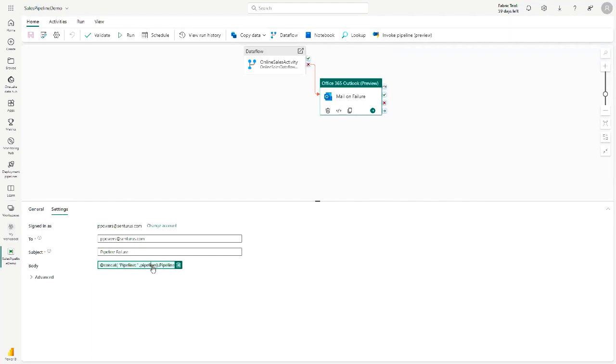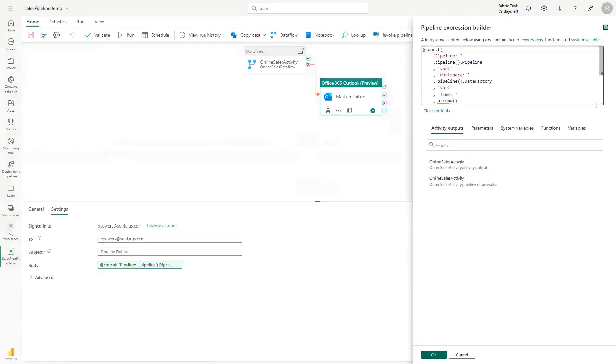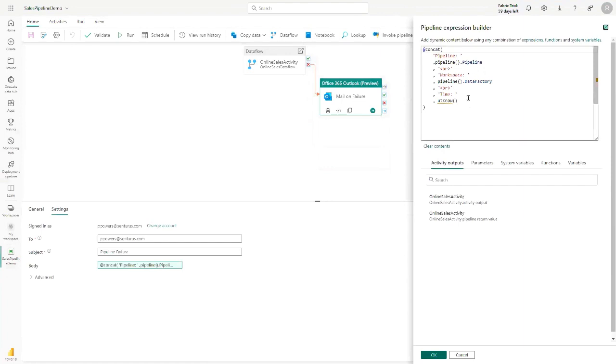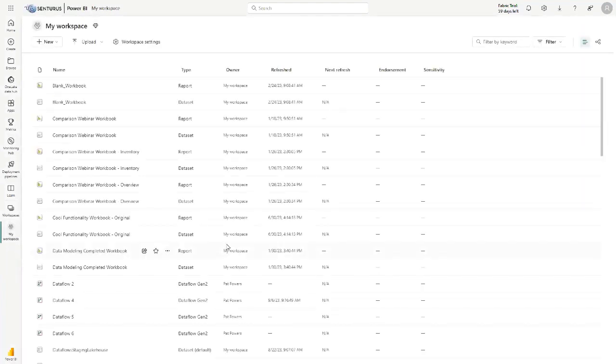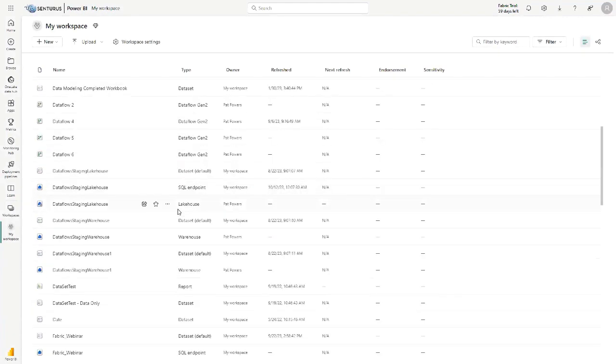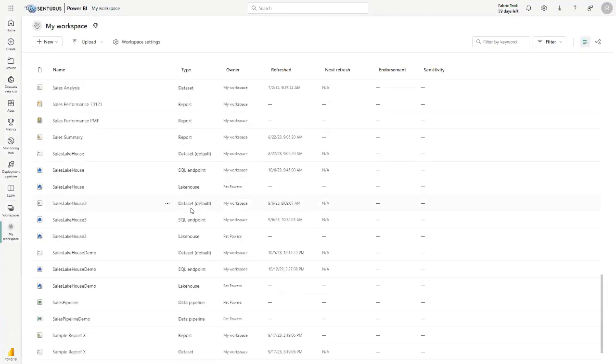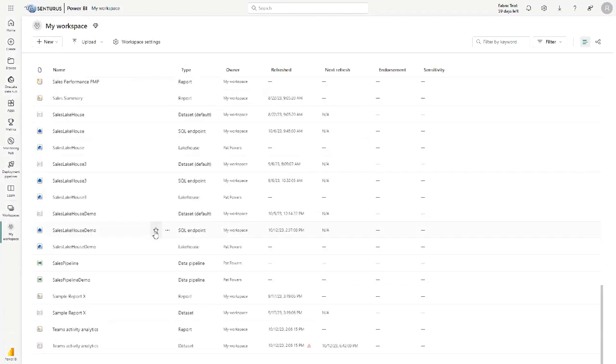So I've got this set up coming out. And what's pretty cool is in here, check this out. I can add in code in here so I know exactly what pipeline failed against which workspace and when it failed. Okay, so I can add in parameters, I can add in functions, I can add in any variables, all this right in my pipeline. Again, I could do that in a notebook if I wanted to. All that's put together. What does that get me? Guess what? That gets me a data set.